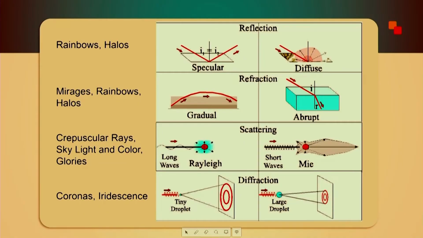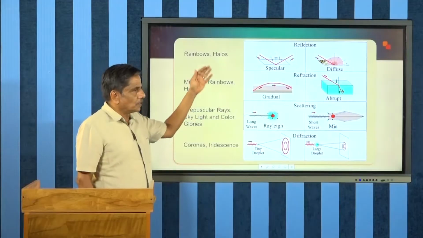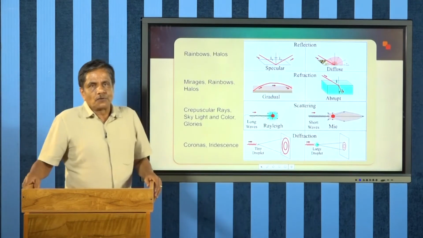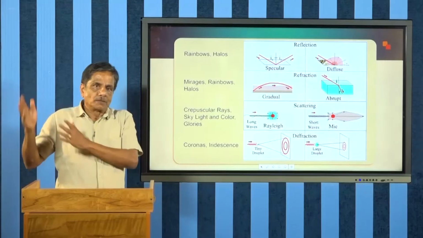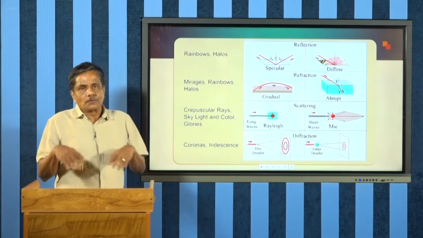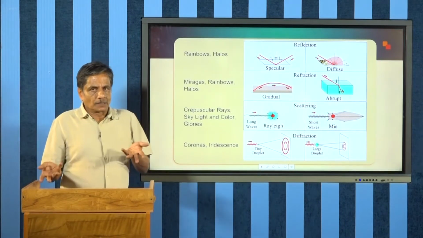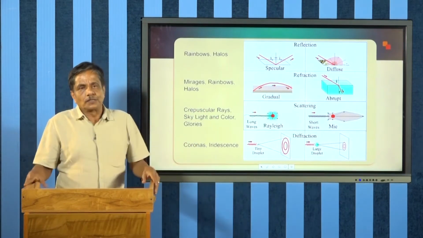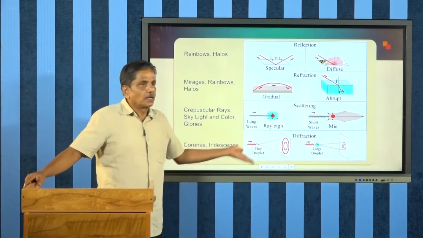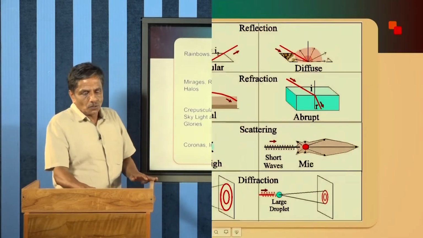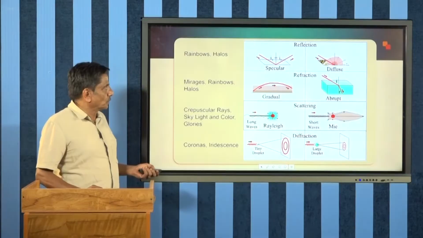Now, this is a nutshell of the various optical processes which are happening in the atmosphere. The first one is reflection. We know when light is falling on a mirror, part of the energy will be getting retraced back, which is known as reflection, and another is refraction. Refraction is mainly due to the change in refractive index, and another is scattering. When light is allowed to pass through dust particles or gas molecules, it undergoes scattering, and there is another property as well, which is known as diffraction. Therefore, these are the main 4 different processes which are happening when light is allowed to pass through the atmosphere,